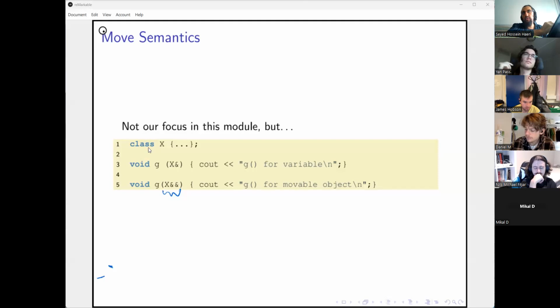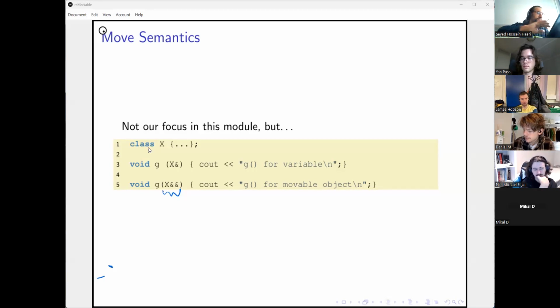That's called move semantics, because the guts of the instance will be moved at that point. This is all you need to understand about move semantics. It won't really show up in what I'm going to teach you with template metaprogramming.